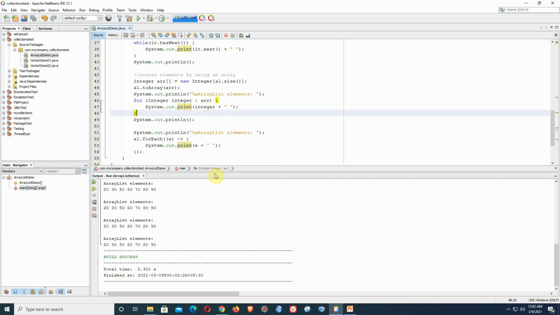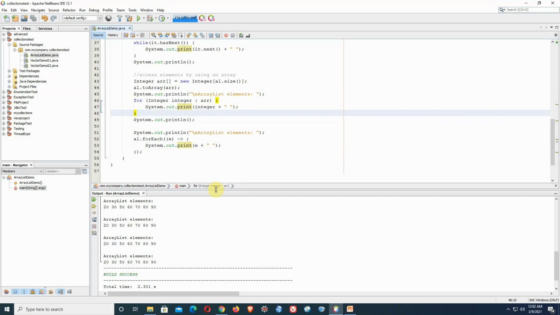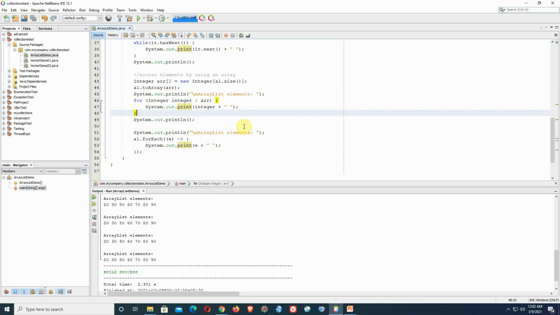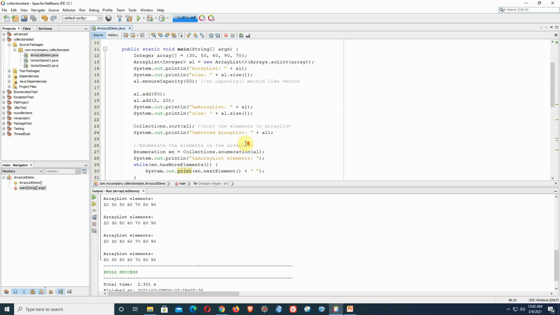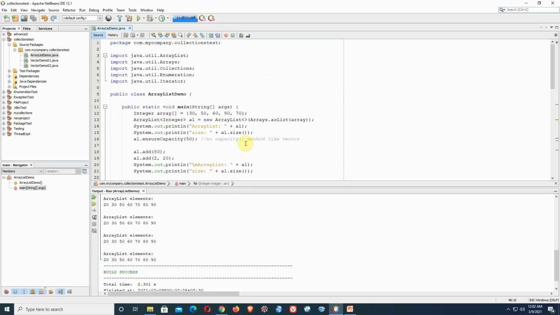So I hope that you have understood. So what is the role of array list in the java.util package, that means in the Java collections framework. So it is basically a generic dynamic array, and it is basically the implementation of the list interface like the vector class, but this is not thread safe, unlike vector, which is basically thread safe.